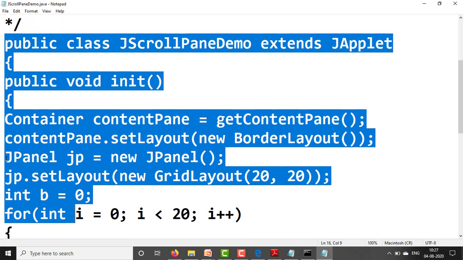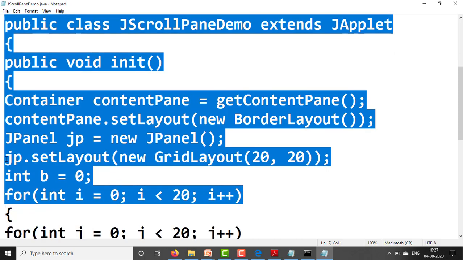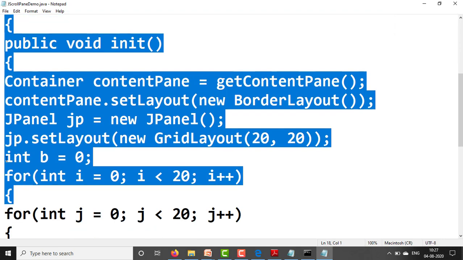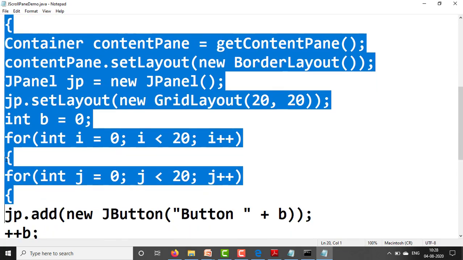We are creating 400 buttons, so to create the 400 buttons we are using a for loop. For int i equal to 0, i less than 20, i plus plus, open the curly bracket. Next, for int j equal to 0, j less than 20, j plus plus, open the curly bracket.